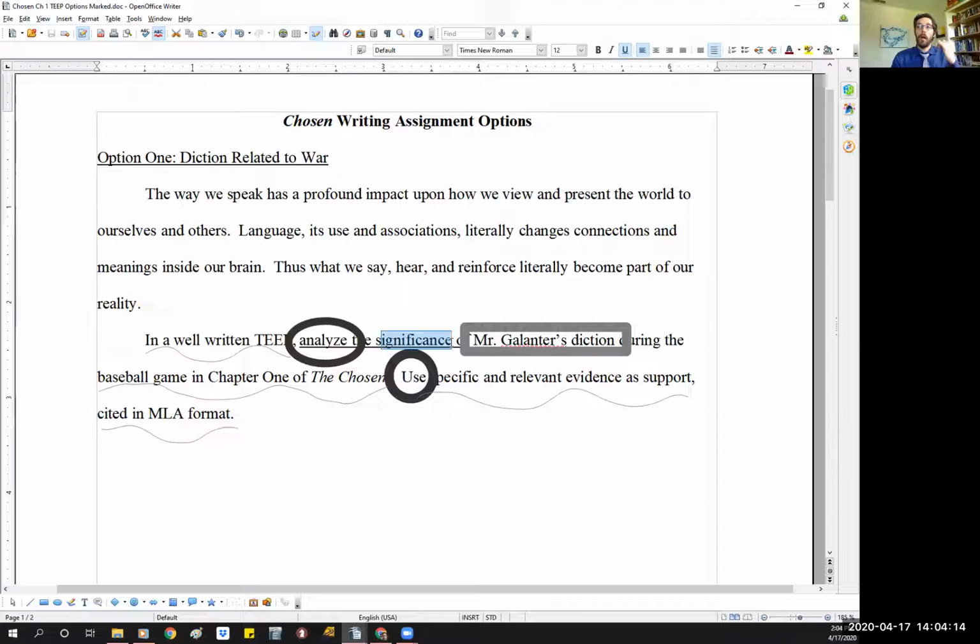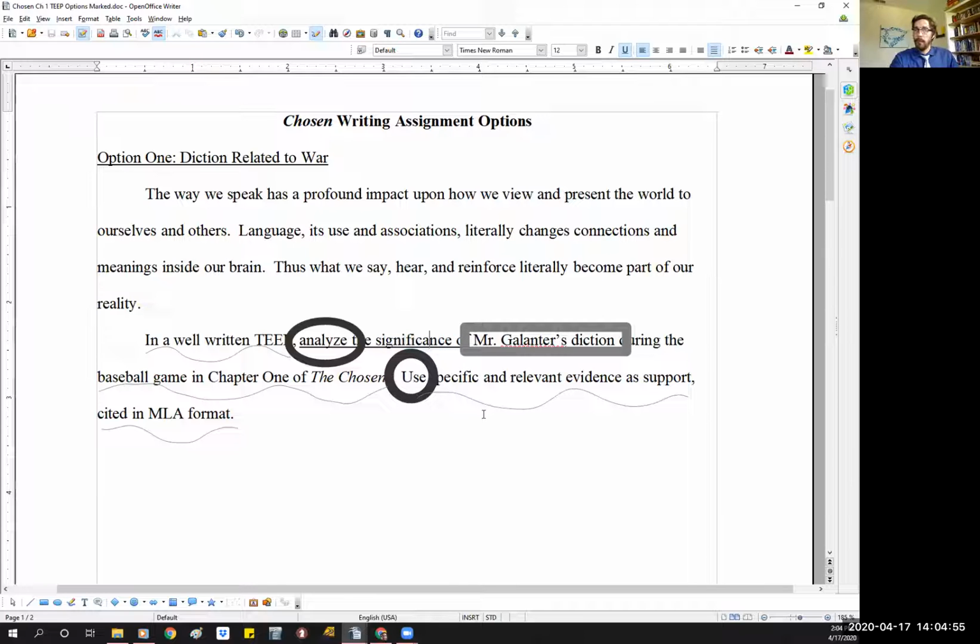Use your TEEP notes. I'm going to repost those on Synergy. They should be already up there by the time you see this video. And I think they're already posted in Google Classrooms as well. I will double check that so that they will be up there by the time this video comes out as well. So you have lots of different options. And again, while you can use those options on your TEEP notes, I highly recommend them. You're going to have great options there that can give you really, really good results. If you have an inspiration that is outside of those, as long as it's based in our literary analysis, a literary term, then you're probably going to be great. So, use your inspiration as well as your notes to figure out what purpose you're going to focus on.